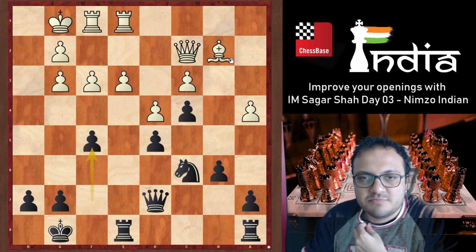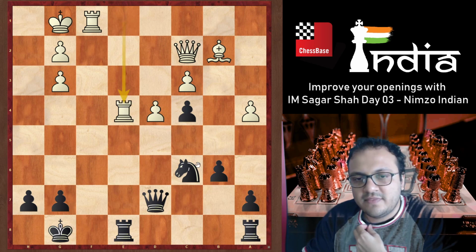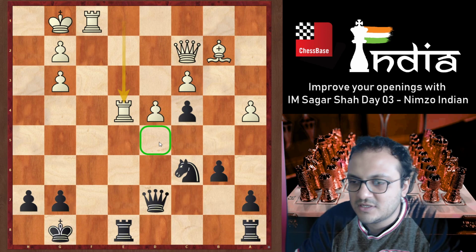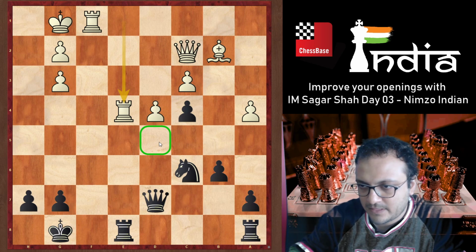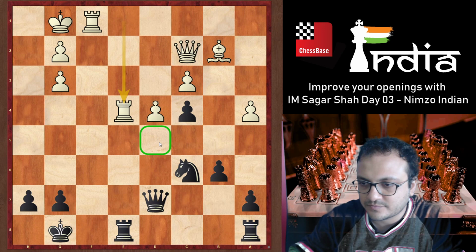And then this bishop is not so great, and playing e4 may not be too good an idea. Take, take, take, take, and then the knight could later on come to d5. Somehow it doesn't look good. Yeah, Suraj Lohani, I like your move very much. Suraj, that's a good answer. Anyone else who's found the move?